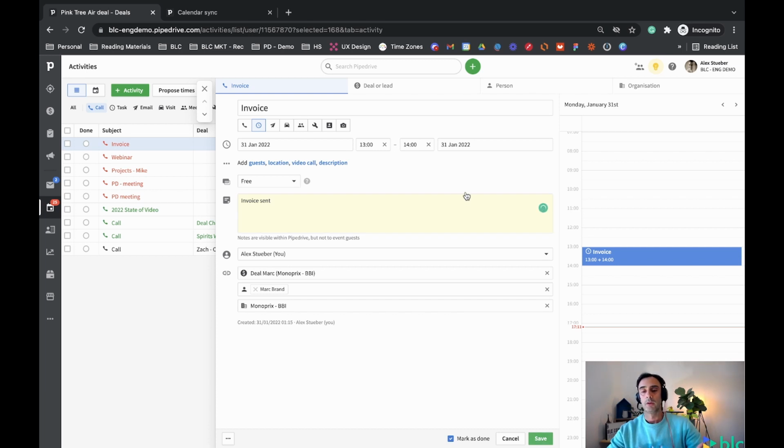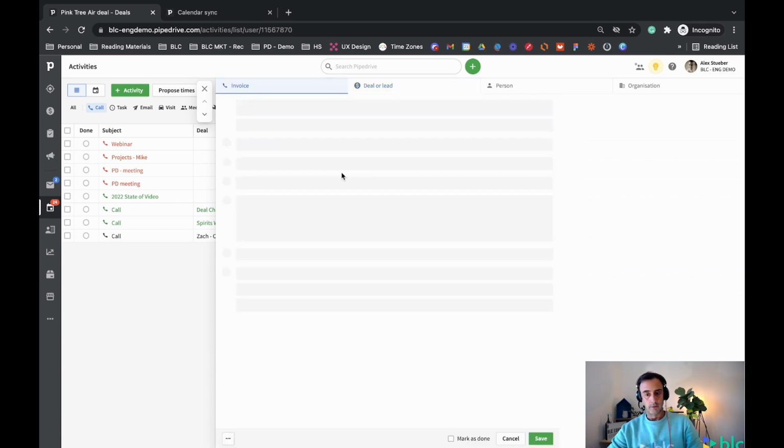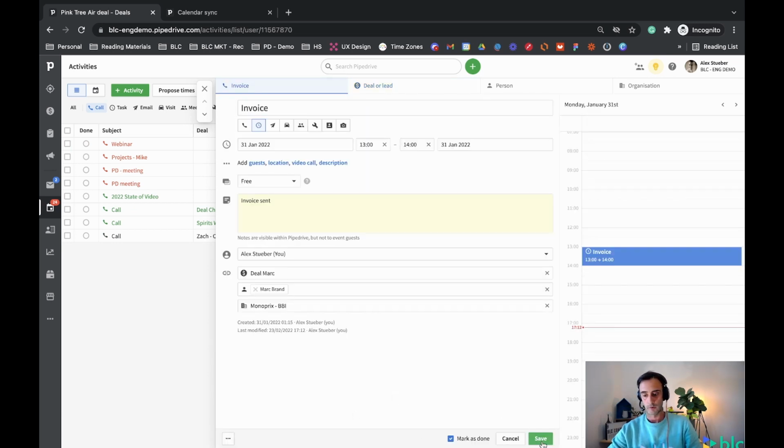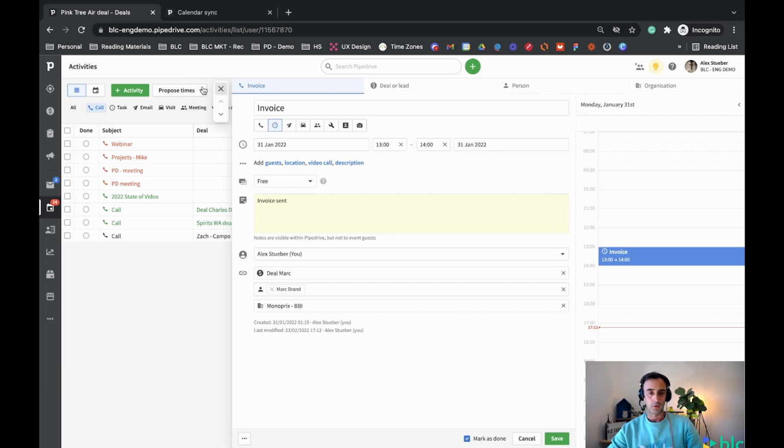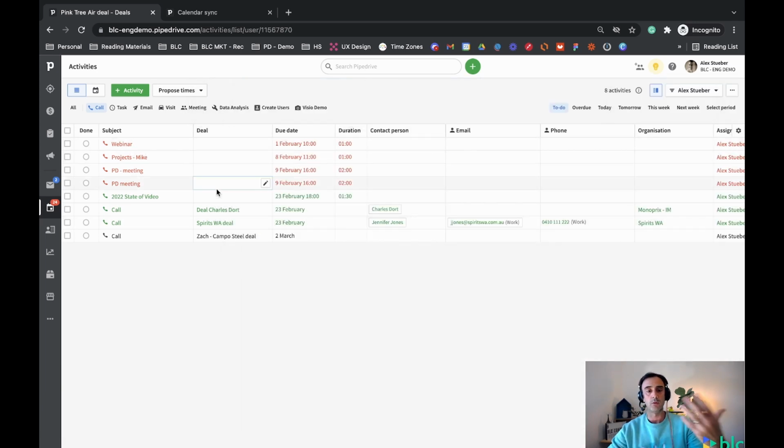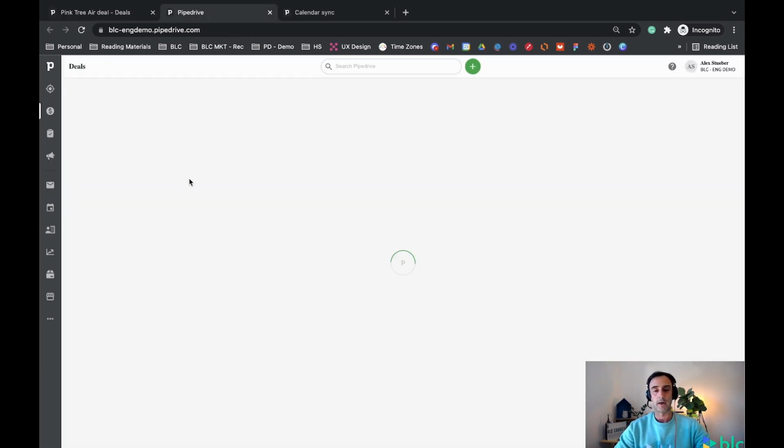At this moment, in here, I have the activity marked as done. I can then just go and check the deal that I just linked. Okay, save. Closing there. And then that would disappear from here because it's an activity that is already done. I don't have that in my list anymore. As an example, just to go back and see the things done inside of Mark's deal, the one we